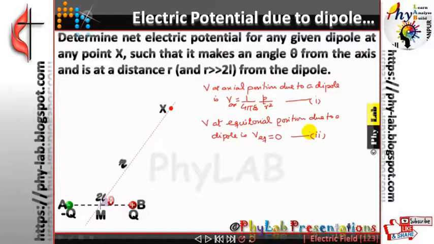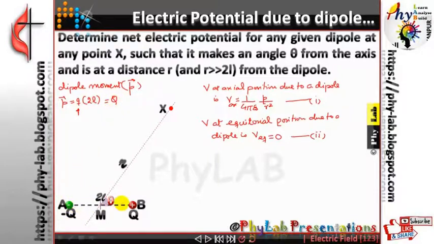Now friends, you should also remember that every dipole is defined in terms of dipole moment. Dipole is never defined in terms of charge or the distance. Dipole is always defined in terms of dipole moment. What is a dipole moment? Dipole moment, often denoted by the symbol small p, happens to be the product of the magnitude of the charge and the distance between the two charges. So Q happens to be the magnitude of the charges. Here you can see it's capital Q.